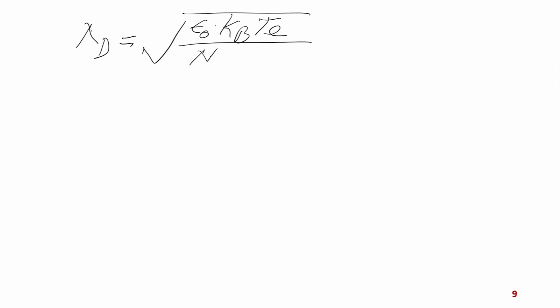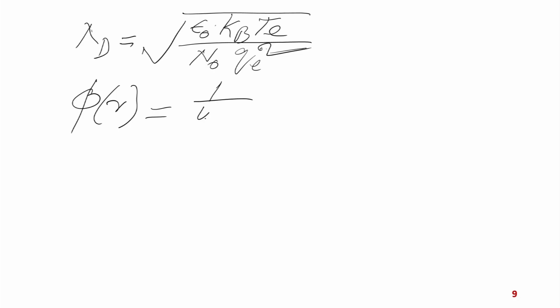Lambda D is basically the square root of epsilon 0 k B T e divided by n 0 q e square. If you do dimensional analysis, you can show that lambda D comes out in terms of length. And the solution of this equation will become phi r equal to